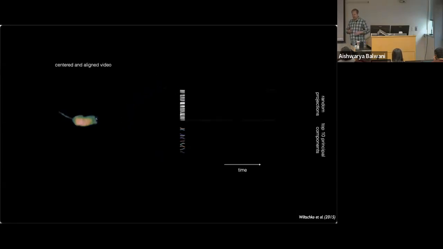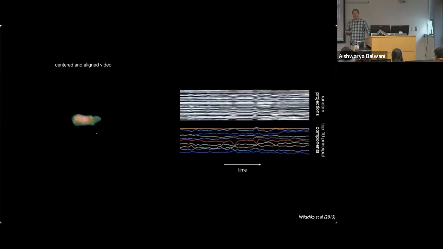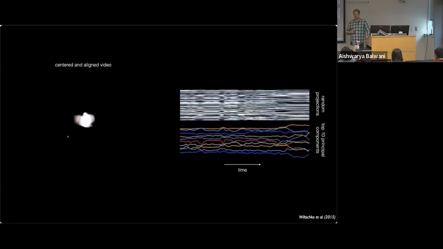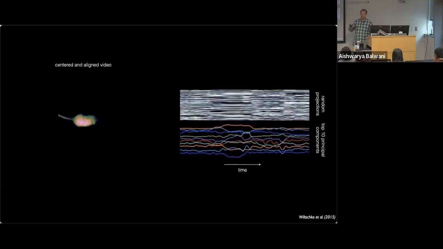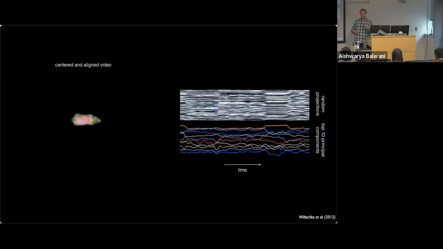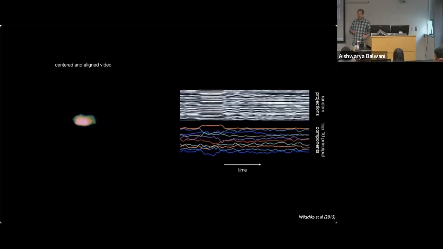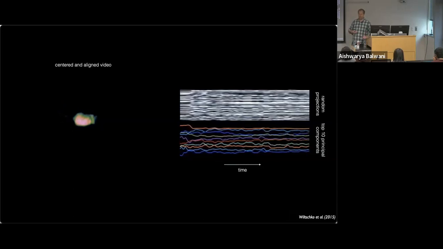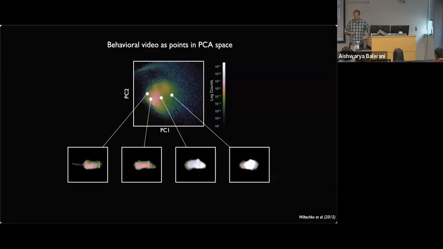And so what we'd like to do is to take this video, first of all, find the mouse in each frame of video, rotate it so it's pointing to the right, and then see if we can try to segment this video into stereotyped, simple, reusable behaviors. The reason we think that's a decent model as a starting point is that if you just do some random projections of this video to look at this as a high dimensional time series, like what you see on top, you can see pretty clear change point structure just emerging from these high dimensional projections. We see that as well in the lower dimensional representation, i.e. the embeddings into the top 10 principal components on the bottom.